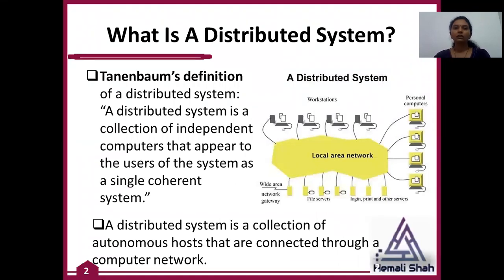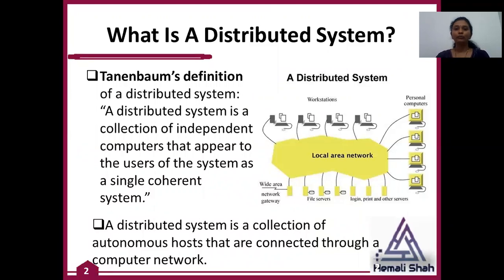Now, first of all, what is a distributed system? A distributed system has definitions, and you must remember them. Tannenbaum has given one definition for the distributed system: a distributed system is a collection of independent computers that appears to the user of a system as a single coherent system. It means multiple computers are connected with a high-speed network and all delivering some task, and the end user will